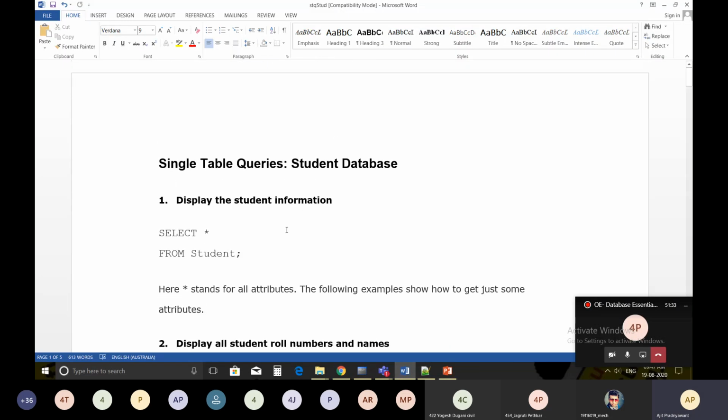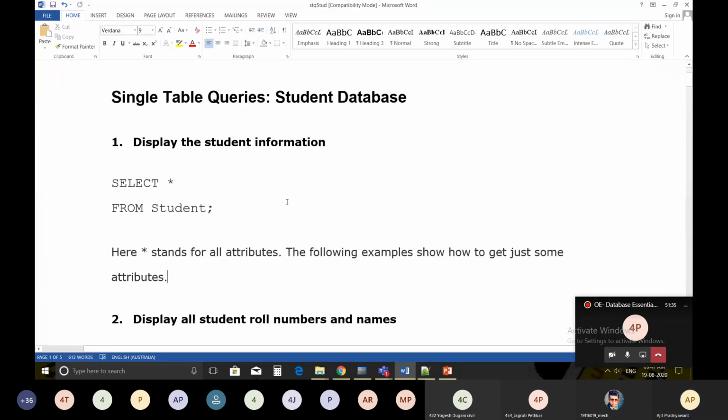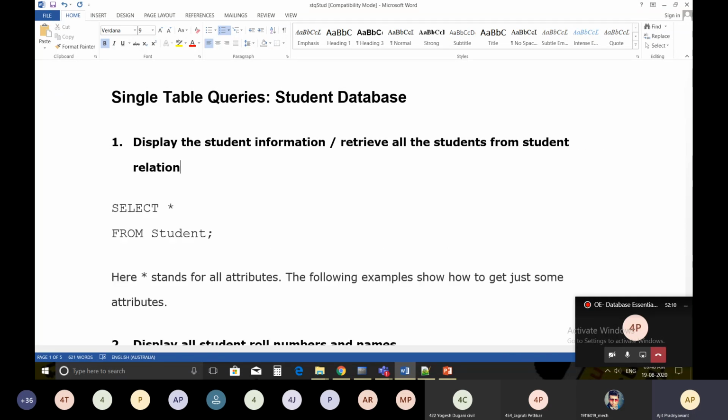So suppose this is the query. Is this visible? Anyone? Yes, okay sir. So this is the query: display the student information, or retrieve all the students from the student relation.